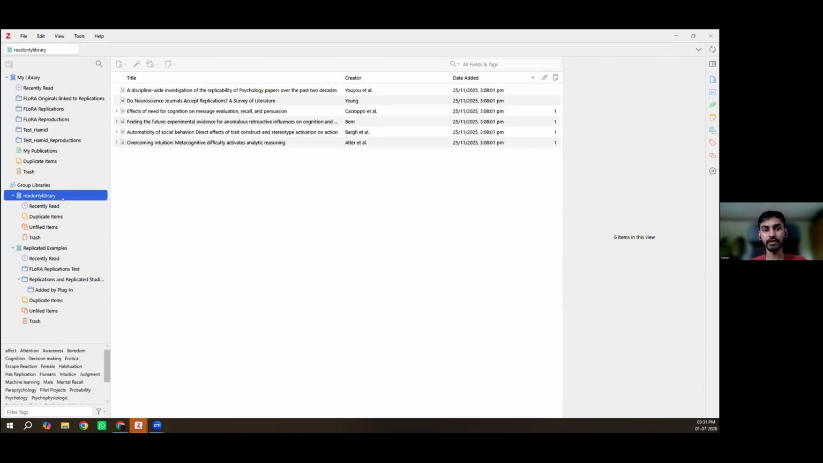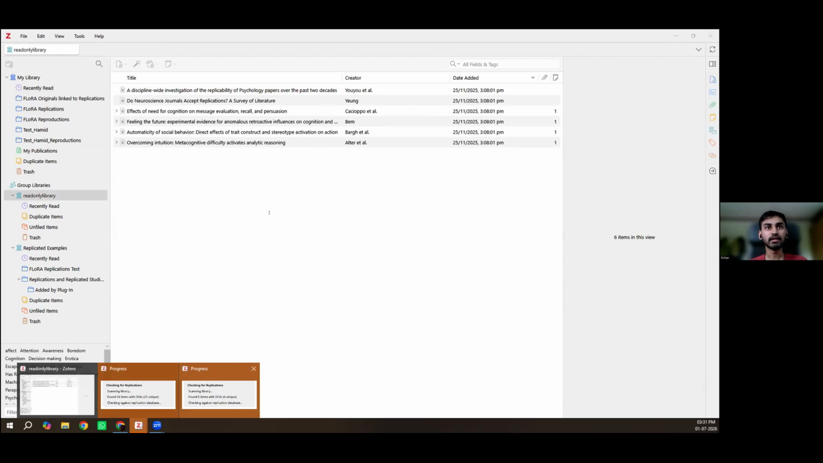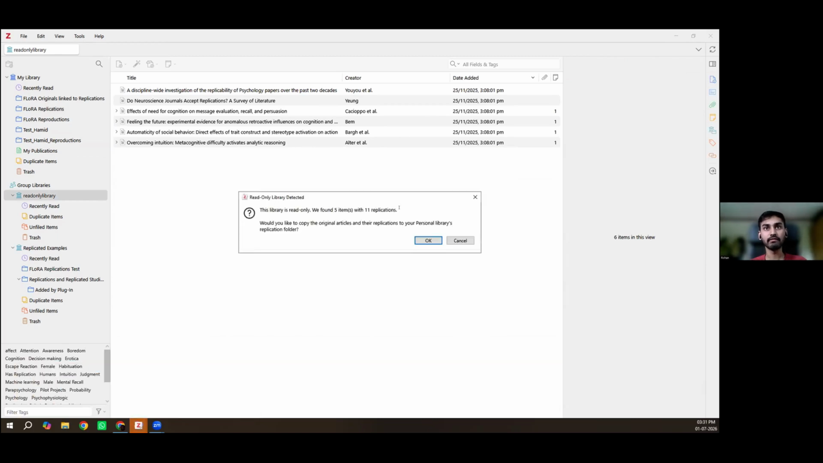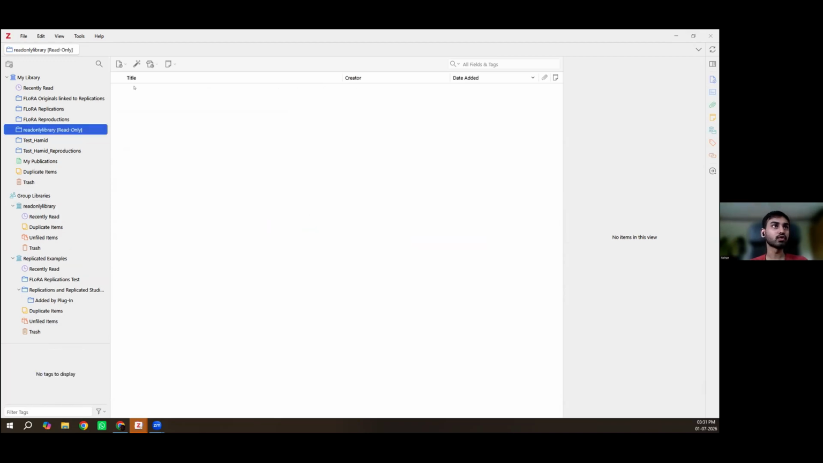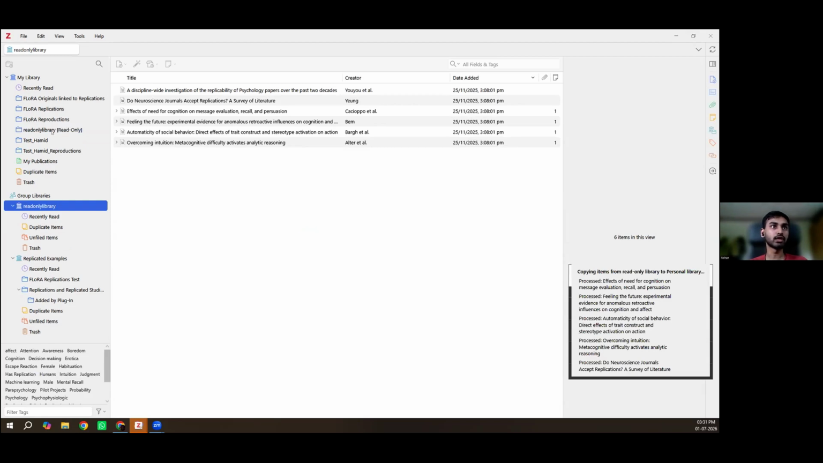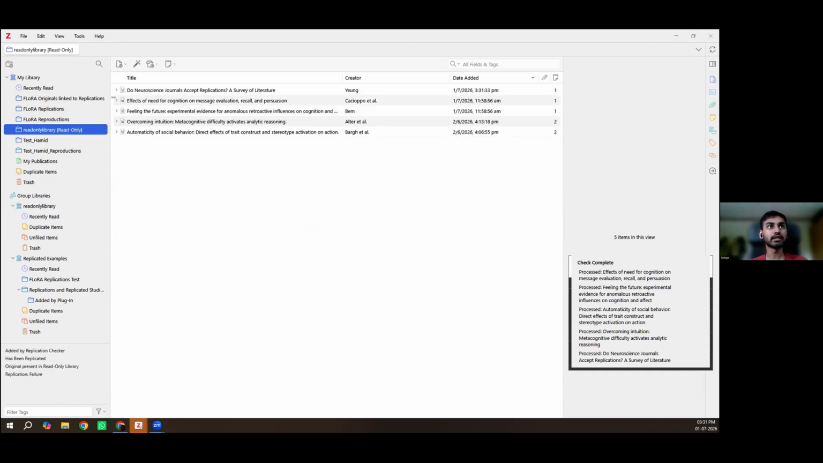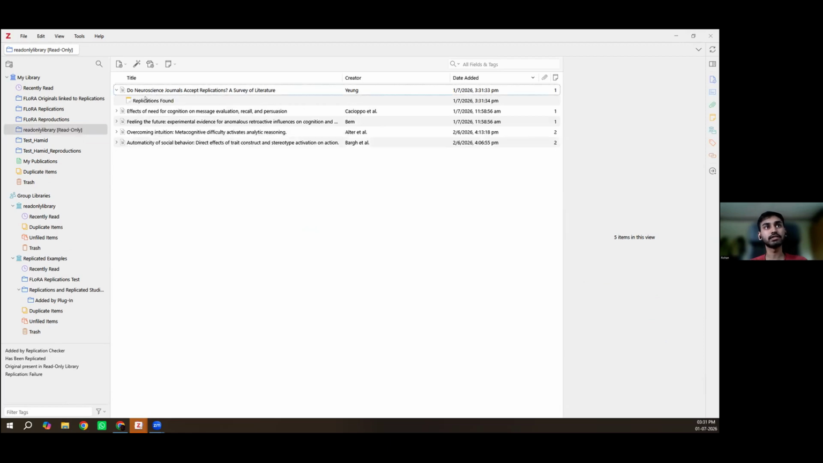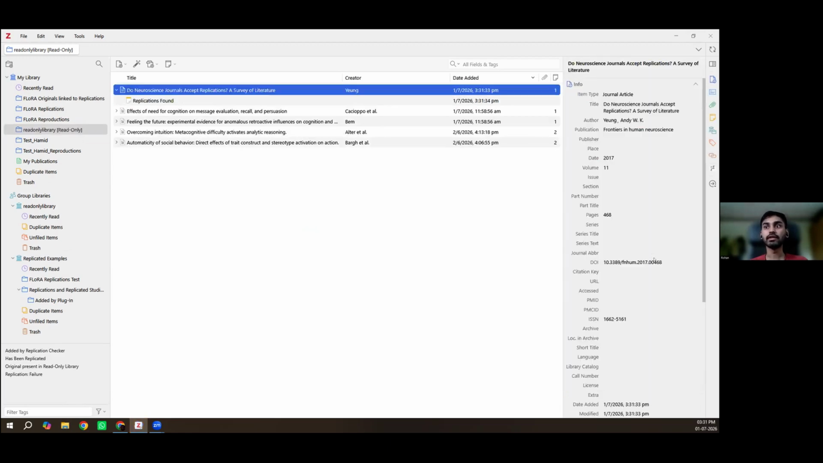There could be group libraries where you don't really have edit permission, you only have read-only permissions. For those libraries, what we have done is when we check for replication for read-only libraries, it will give you a prompt saying that the library is read only. We have 11 replications for that library. So would you like to make a copy of this in your personal library and then add replications? In that instance, if you click on OK, it will create a duplicate of this read-only library in your personal library with a mark saying it is a read-only library, and also add the replications for these articles in your